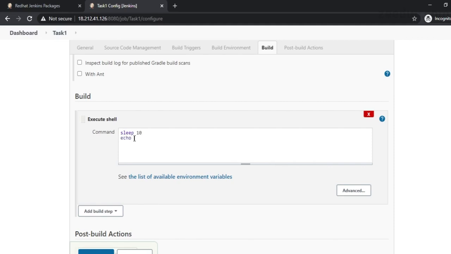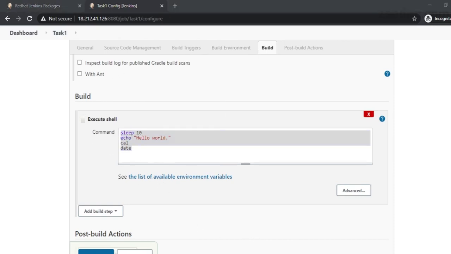So we can run any command right here. For example, let's say we can run a command like sleep for 10 seconds, and we can echo hello world, and after that we can run the cal command, the date command, or any other command that we want to.